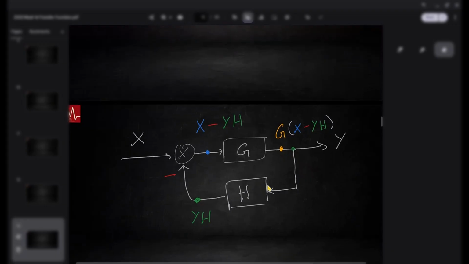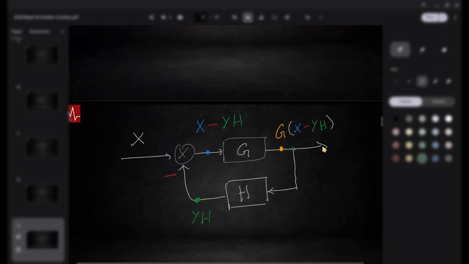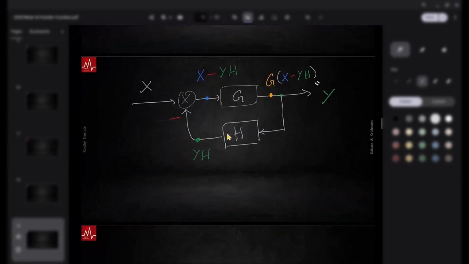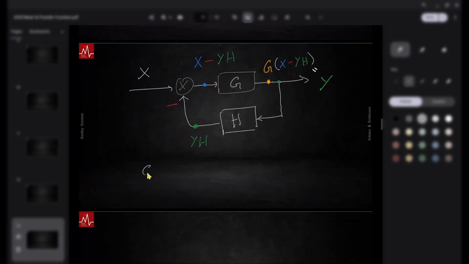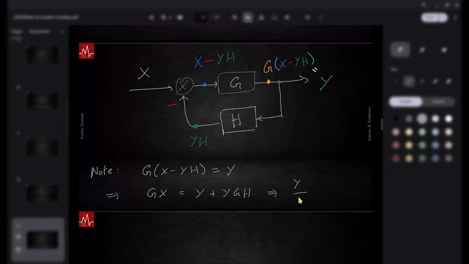Voila. So g and y are one and the same. Technically, that equals y. Right? There you go. So I'm going to take that. g into x minus yh equals y. That implies gx equals y plus ygh. This implies y by x equals,